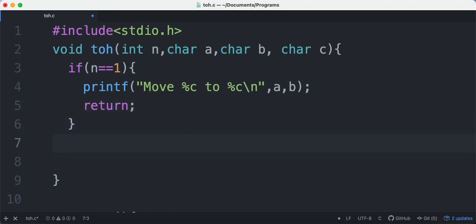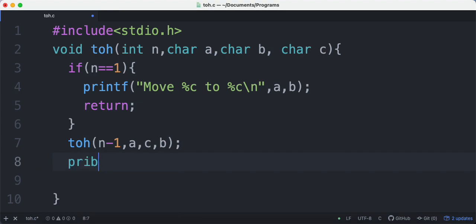If n is not 1, then we have to call TOH on n minus 1, because we have to move n minus 1 disks from A to C using B, and then we have to print what?